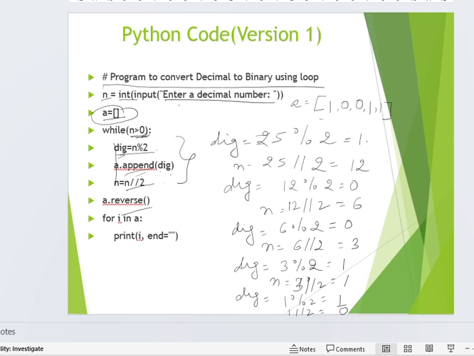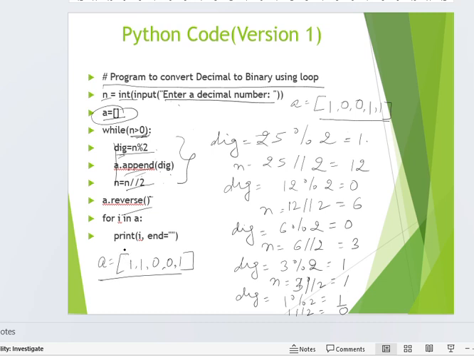So this is the list which we have appended, and these are the elements of the list. This reverse function is going to reverse the list. So the moment the cursor moves out of the while loop, this reverse function is going to convert the list, and now the value of the list is in the reverse way. So 1 1 0 0 1. This is the new list after reverse.